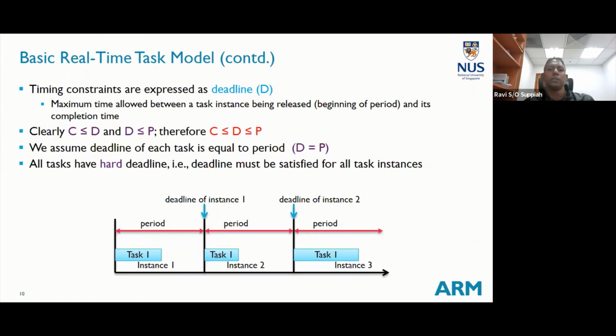At the same time, we have another parameter called the deadline. In our case, we assume the deadline is the period. Why? Because the period is the interval in which I will release the next instance of the task. If I do not complete the current instance by the end of the current period, then something is wrong. I cannot release the next instance. So I need to make sure I finish whatever I need to finish within this current instance before the next